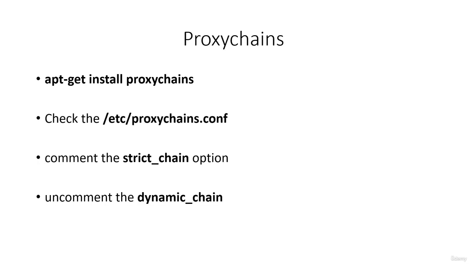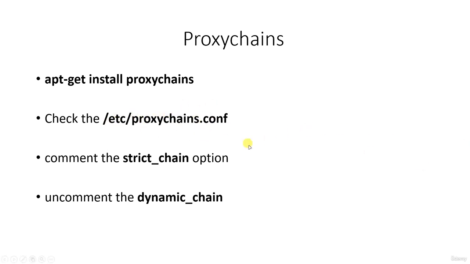To install, just type apt-get install proxychains and it will automatically install proxychains. You don't need to do anything. And to configure it, this is the directory. So this is the configuration file. In this directory you can configure proxychains,